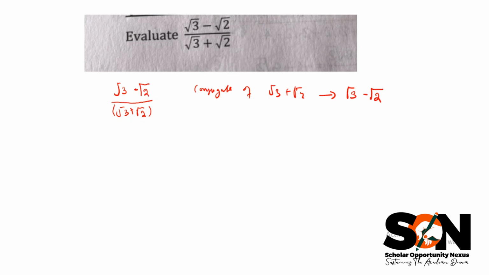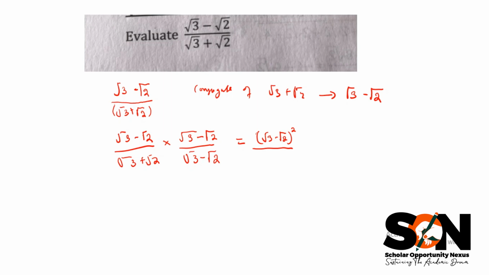So we multiply and divide by the conjugate. So square root of 3 minus square root of 2 all over square root of 3 plus square root of 2, times square root of 3 minus square root of 2 all over square root of 3 minus square root of 2. So this will now give us what? The two at the top that are multiplying are the same, so we can write it as square root of 3 minus square root of 2, all squared, all over